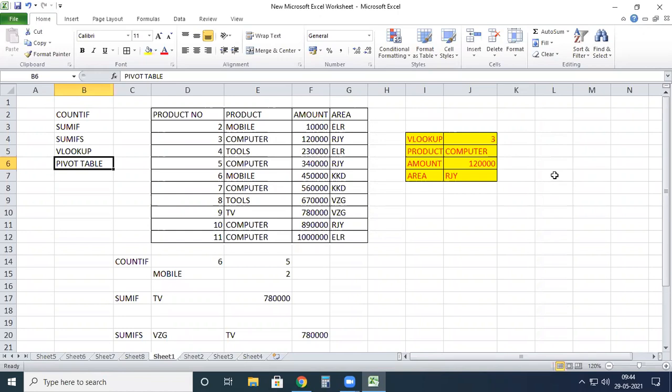Here I'm randomly selecting some products. You can select some students' data or some employees' data. You can select some marks, or take some particular exam marks, or collect some particular students' marks, and use the formulas in the same manner.